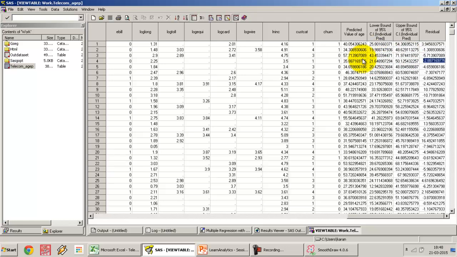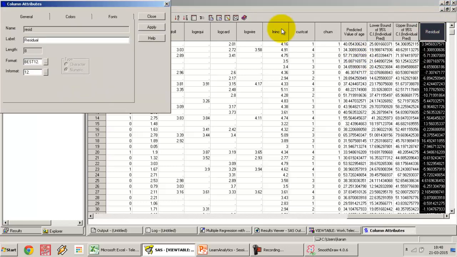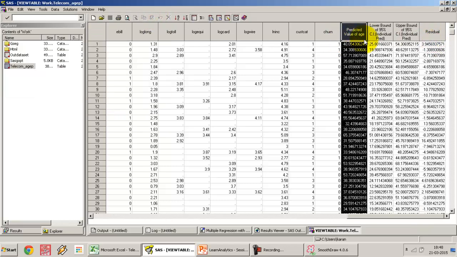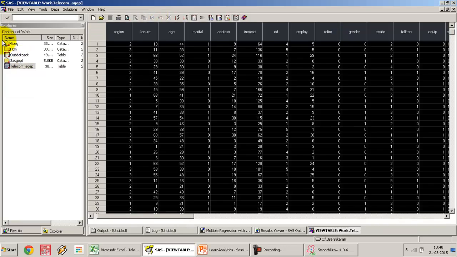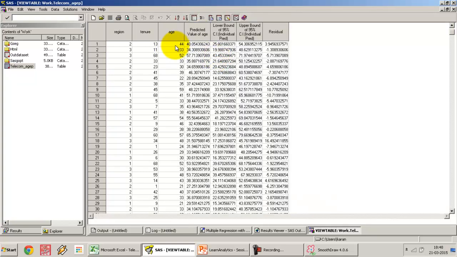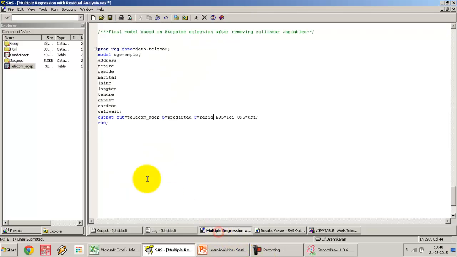And then we have the residual. And this is the variable which I'm interested in. This is the difference between y hat, which is the predicted value, and the actual age value, which is over here. So this is age, and this is the predicted value of age. If I actually generate a